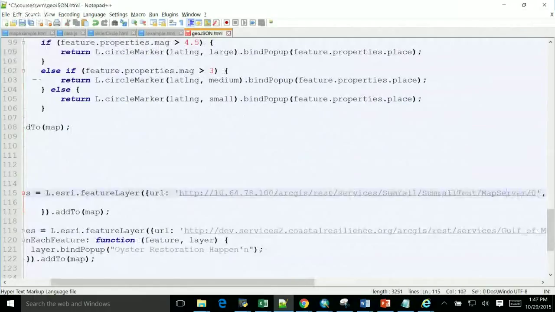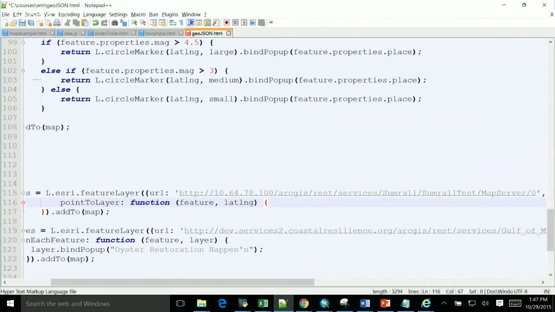By the way, you see these dangly commas like this? There's a comma already right here, but there's nothing after the comma until you get to the next squiggly bracket. Chrome is okay with that. Firefox is okay with that, but Internet Explorer isn't okay with that. It would fail. It's a browser difference that you sometimes run into, so that's not like it's going to be on any test or anything. But there's already a comma there, and I need to put in the pointToLayer